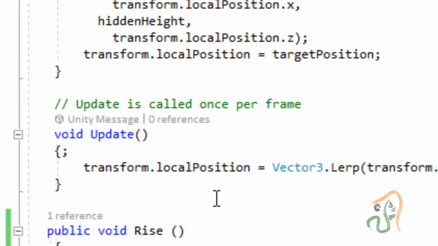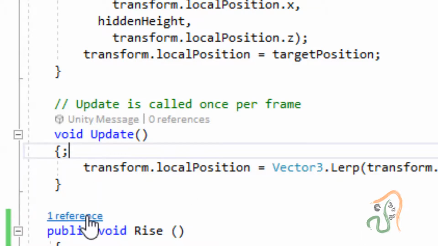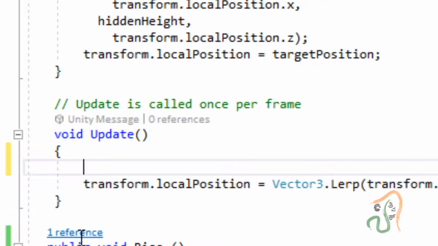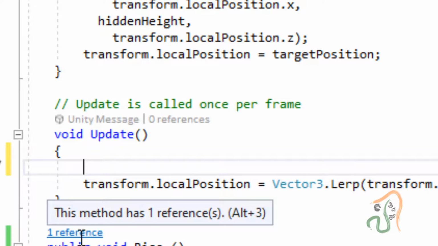And once this timer is equal to disappear duration, then in update, what we are now going to do is, in update, update means as the game is running, you come to the update here. We have one extra colon here. Let us remove this. Okay, and in update, press enter.